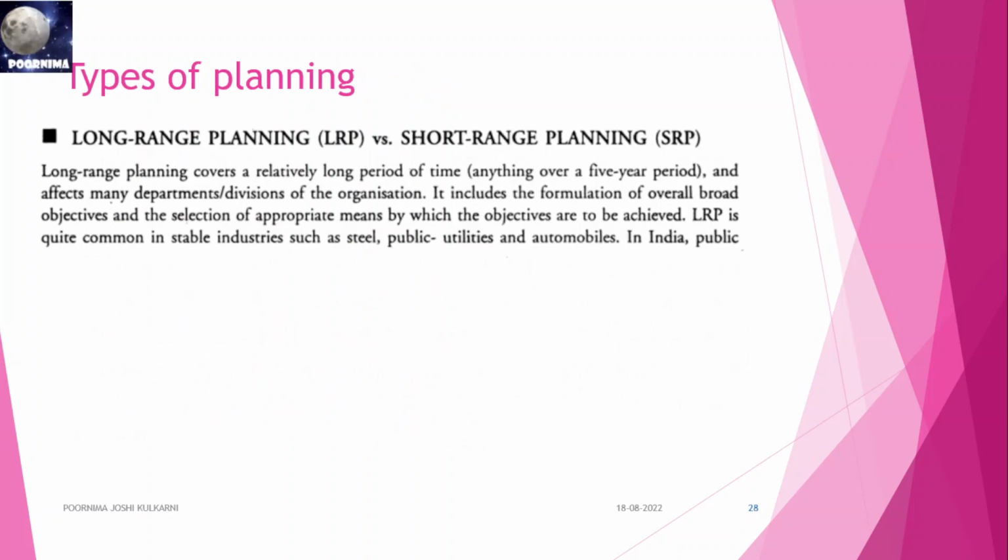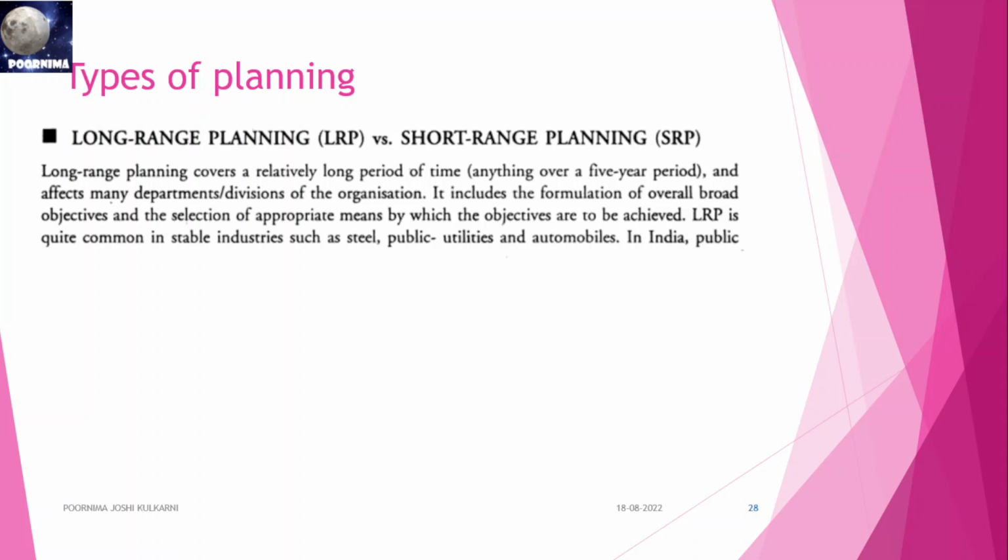Next, we move on to the next heading, that is types of planning. Types of plans is different, types of planning is different. Planning is used in the continuous tense, the "ing" is used for continuous. Planning is a continuous process. The types of planning are long range planning and short range planning, and we are going